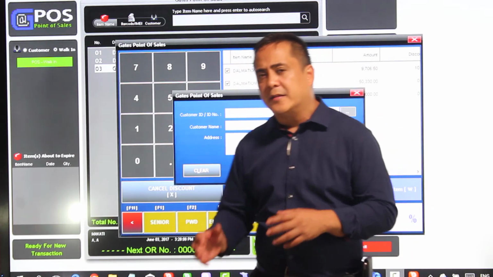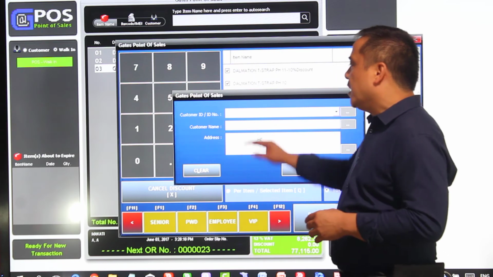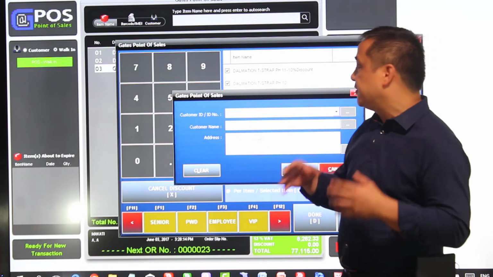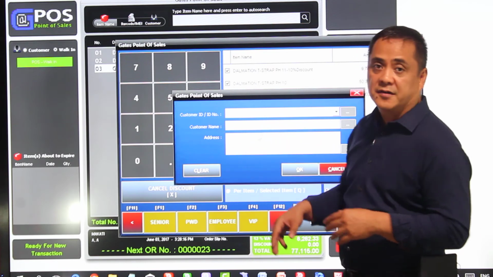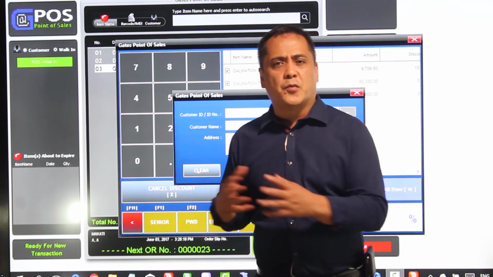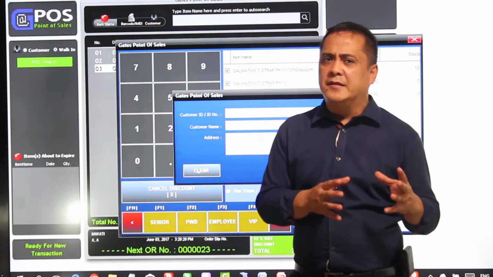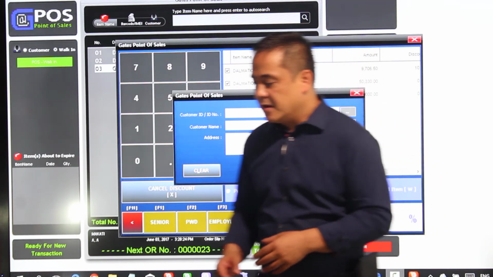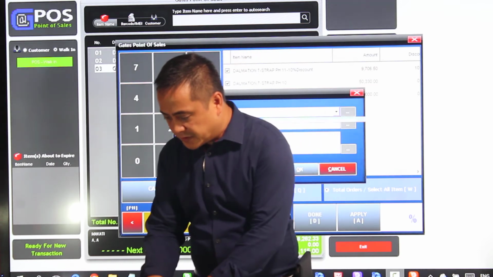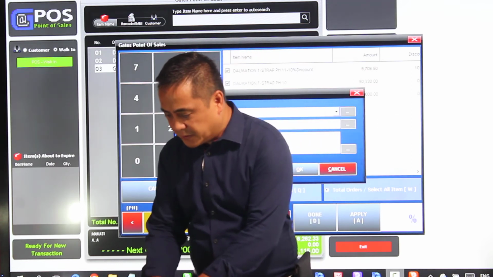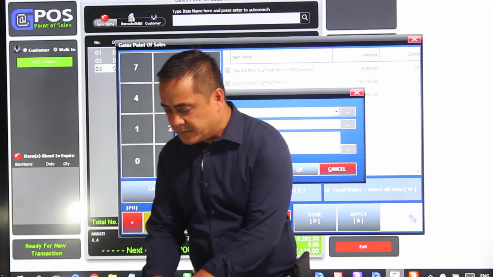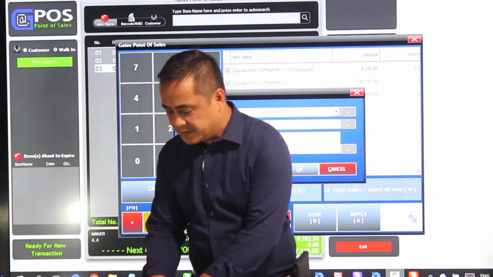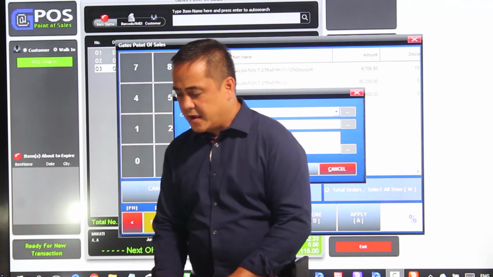And then, of course, it depends on the country of origin that you're from. You also have to put in the ID number of the senior citizen, the name, and the address. In countries of the West, I don't think you have that functionality. You don't need that, I think. But in the Philippines, you certainly need that. Okay? If I put that in, for example, I try the ID number. I put in the customer name. Let's say that's me. I put the address. I click OK,